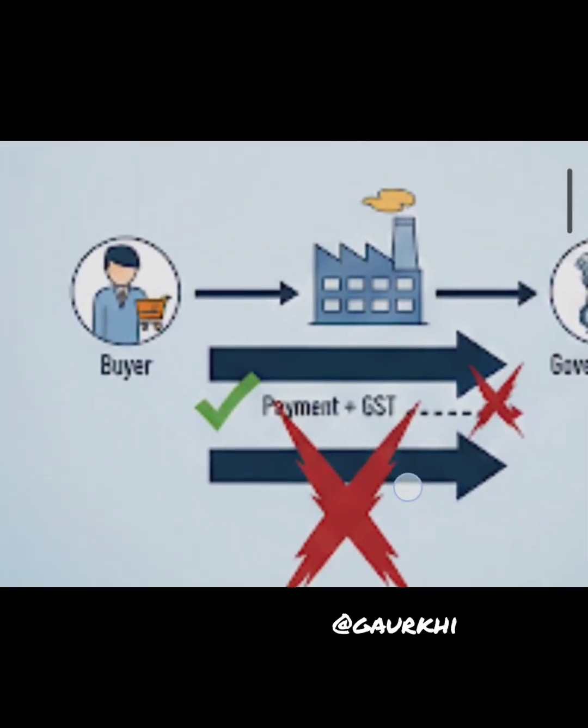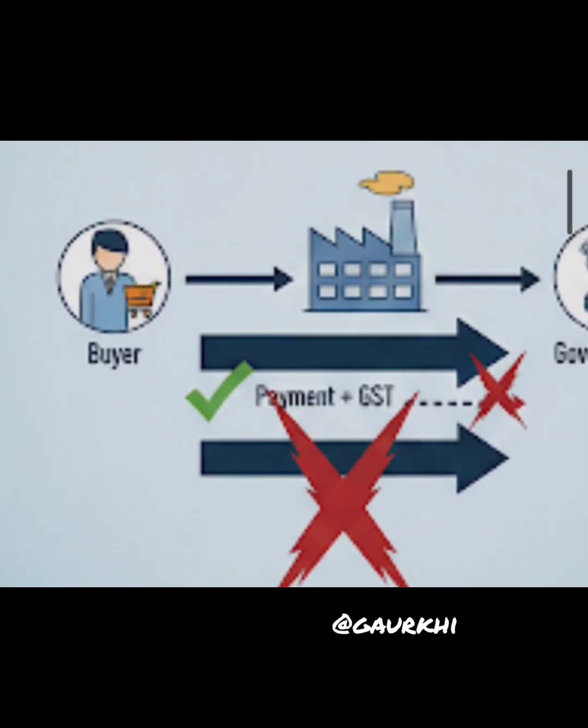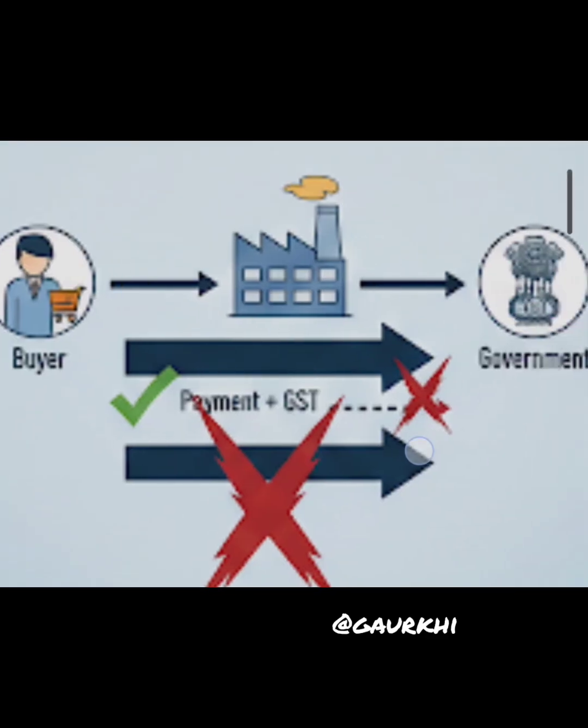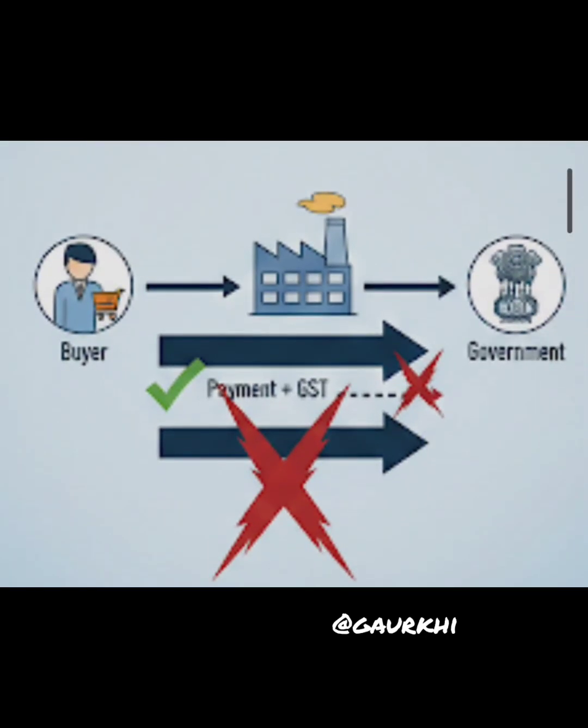So authorities asked the buyer that you have paid the tax, but the seller hasn't paid the tax. So the tax has not been discharged to the government on such supplies. Therefore, you have to make the payment of such transactions. Therefore, your ITC is blocked. You cannot avail the ITC on those services or goods on which the supplier hasn't paid the GST to us. So the buyer said, this is not my fault.